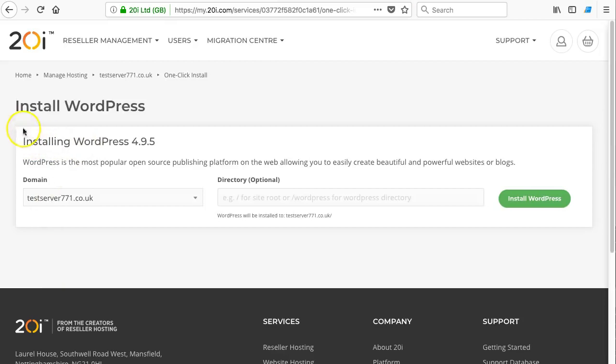So it's saying here that we can install WordPress. I'm going to install WordPress 4.9.5, which at the time of doing this video is the most up-to-date version of WordPress. We'll talk about WordPress versions in a later video and how important it is to keep them updated. Now then, we know the domain we're sending it to is our